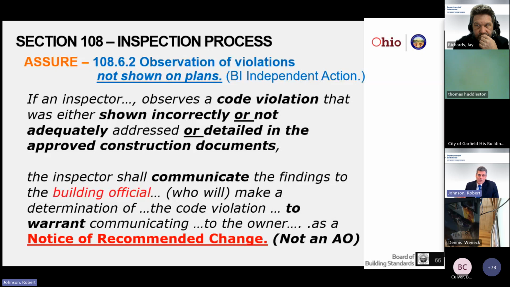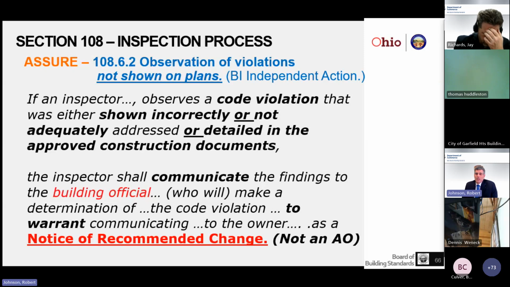Our form for this looks very, very similar to the adjudication order. The only difference is we're not telling them that they're wrong. The adjudication order is citing the code violation and it's telling them that they're wrong. This happens to be a code violation, but this section basically is admitting that nobody's perfect. A designer can inadequately design something and it's not in compliance with the code. The plan examiner can review that condition and somehow miss it and say that it's approvable, and the building official can approve it. But you as the inspector, we talked earlier at the beginning how the inspector can